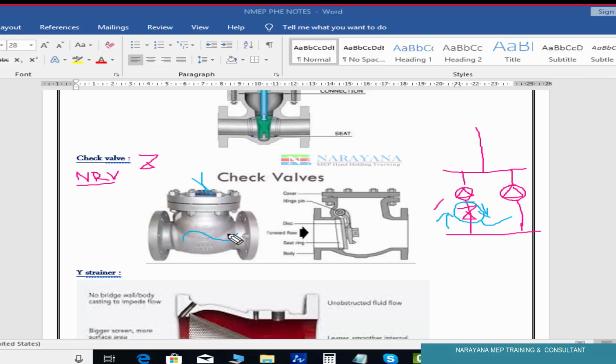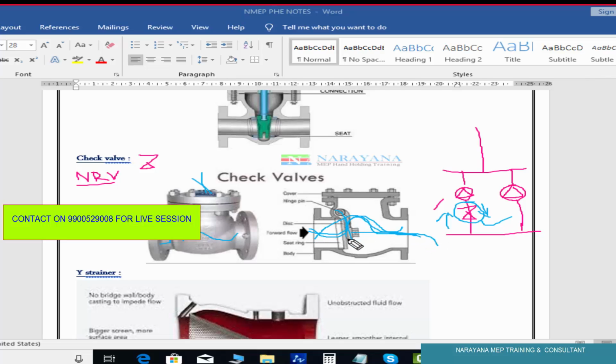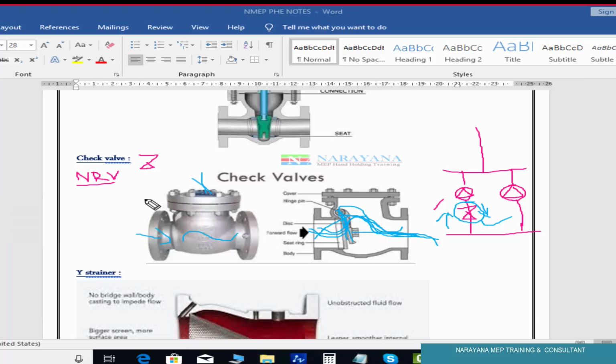Water flows like this. Flow will come in, but it cannot come out. You see here, it is going here. Here the obstruction is there. This is a pin, mechanical, inside it is. No need to worry about it. If anyone asks why water is not flowing here, you can say water flows inside in an S type. But here in reverse, S type is not possible. Here some leakages, blockages are there. So water will go here and here like this S type. So here it will not be possible. Clear? And different types are also there.